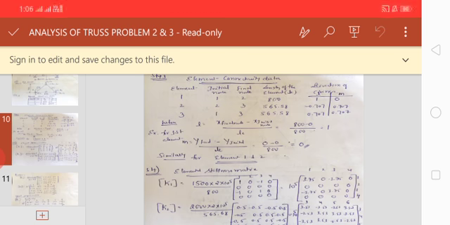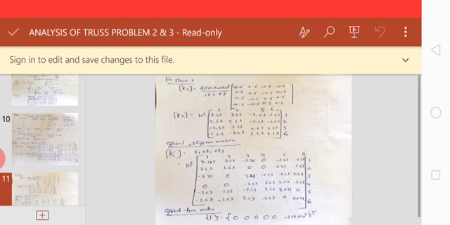Now that's why I have taken 1 as the initial. For that I need to go for 1, 2, 5, 6, not 5, 6, 1, 2, because in the element connectivity data for the third element I have taken 1 as the initial and 3 as the final. If you had taken 3 as the initial and 1 as the final, the table would start with 5, 6, 1, 2. Because I have taken 1 as the initial, it starts with 1, 2, 5, 6.